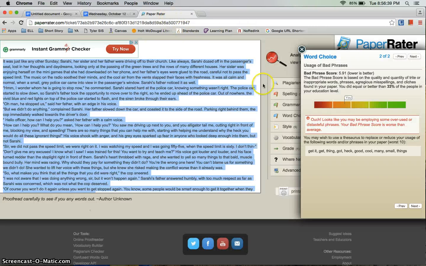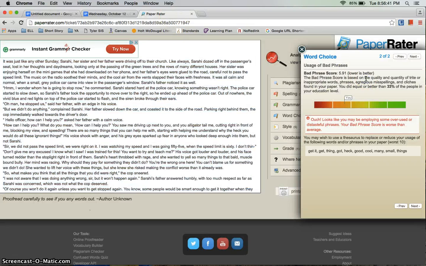From here on out, you're going to need to look at what they're suggesting, and then you're going to need to take some time and think about how you want to improve your paper based on these suggestions. So the first one is usage of bad phrases. Bad phrases are things that are overused words, overused phrases, phrases that just aren't really as descriptive as they could be. So this person is using quite a few overused phrases and words,